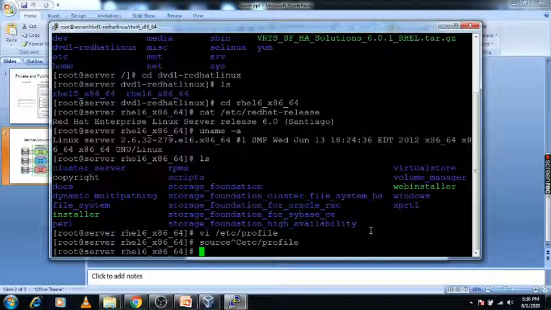If suppose while installing you have not configured VXVM, then you need to start the daemon with the vxconfigd -r reset command. Otherwise it will give an error, because this daemon needs to be running while using Veritas Volume Manager. So this is the basic information about Veritas Volume Manager.